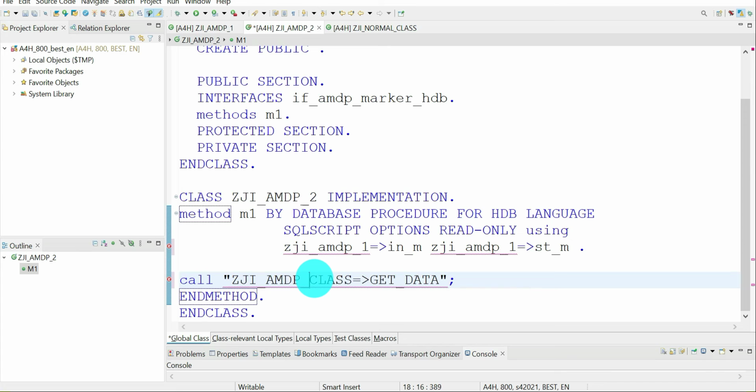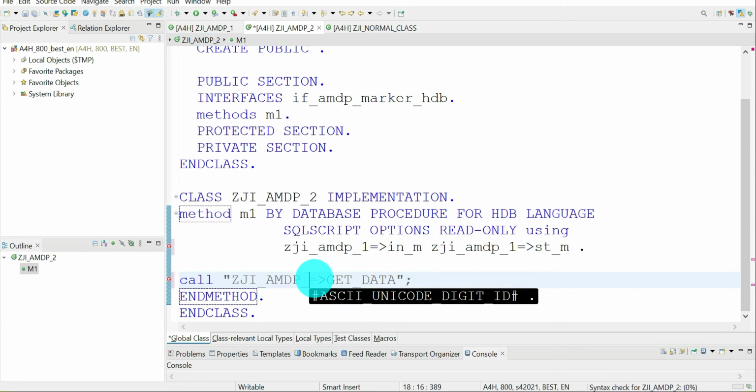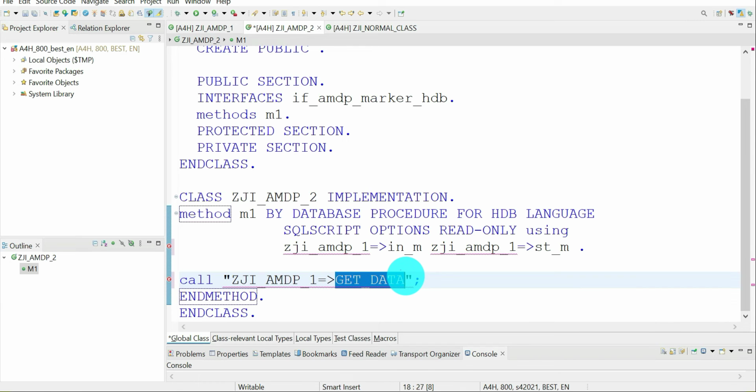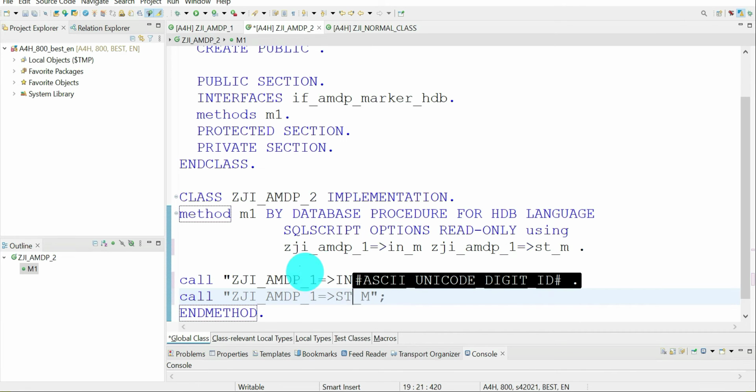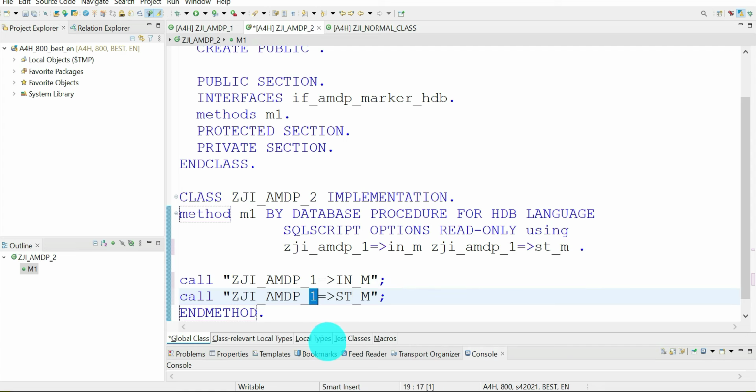AMDP underscore one and instance method. Okay, so the next one, the same thing I have to follow for static as well. Static 2. Suppose if I give